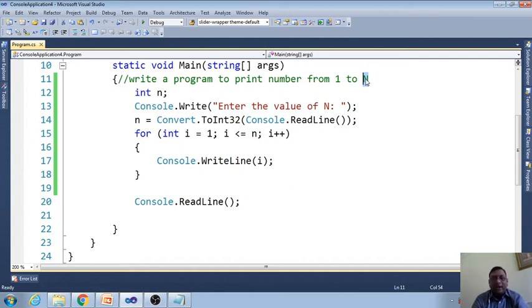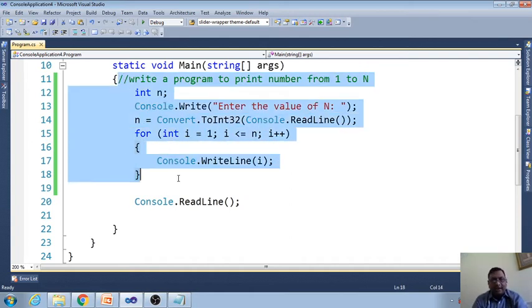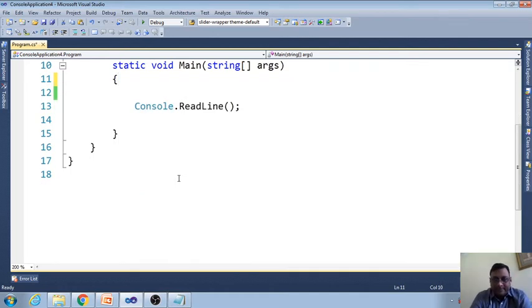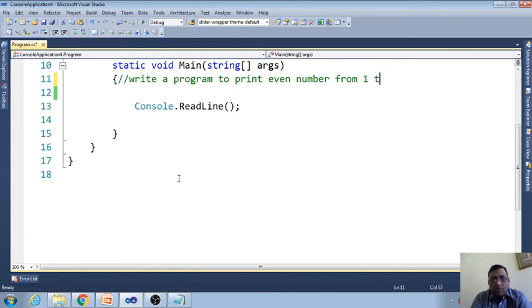Another program I am going to write using the for loop, writing the question here. Write a program to print even numbers from 1 to n.